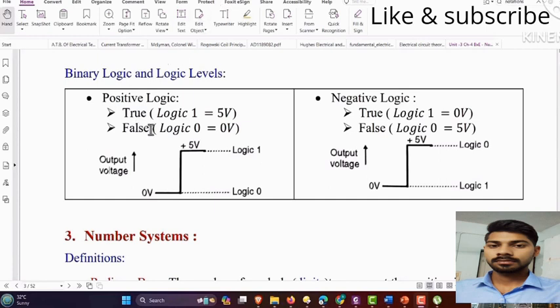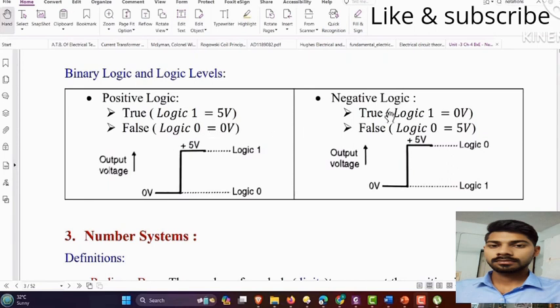In positive logic system, there are two symbols, logic 0 and logic 1. Logic 1 corresponds to true, that is in electrical circuit represented by 5 volt, and logic 0 corresponds to false,